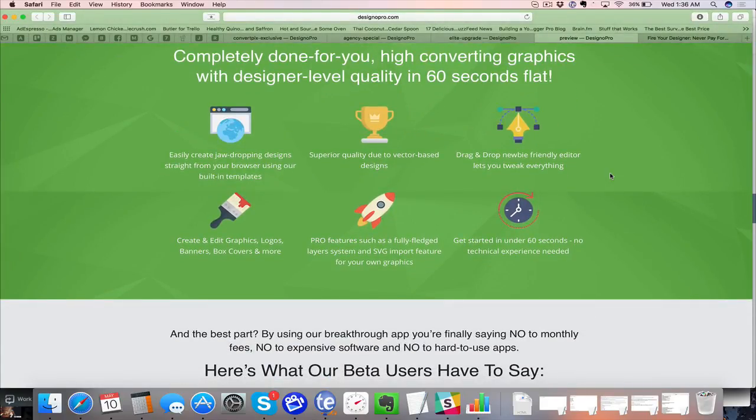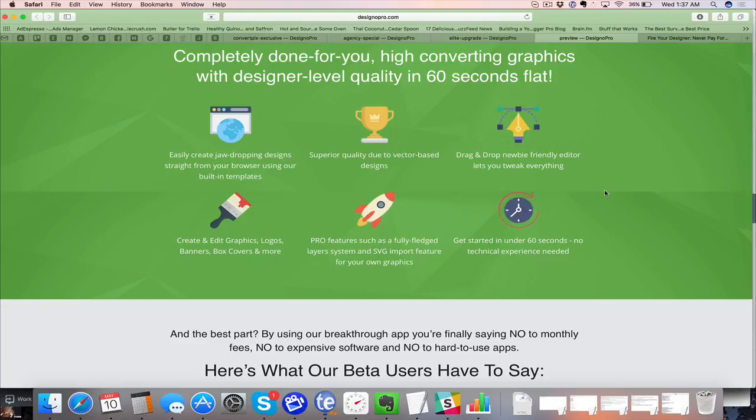What do I like about this? I think, especially if you pick up the developer OTO 1, you're going to be able to go out there and actually create these different images for yourself or your clients. It's a great tool to have in your toolbox. It's a great alternative to other expensive software that's out there that's a lot harder to use. Trust me, I've been doing this for a long time, and when I try to use the more well-known ones with my marketing, it can definitely be a hard learning curve.